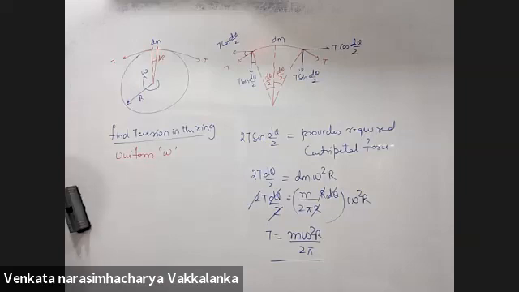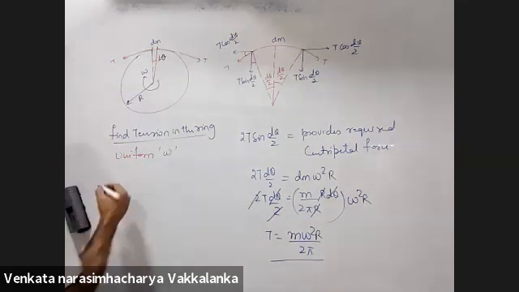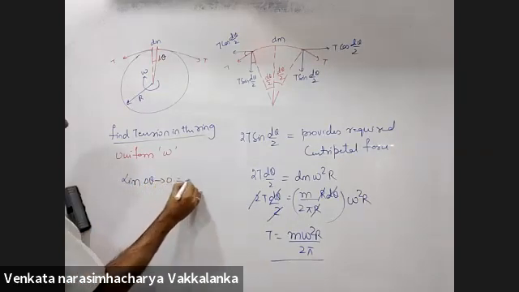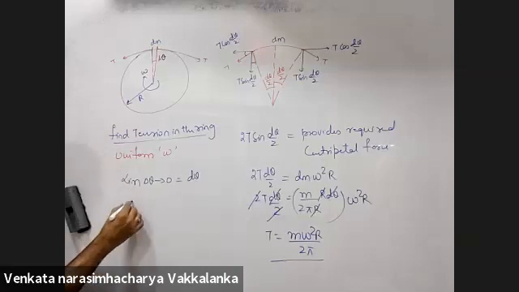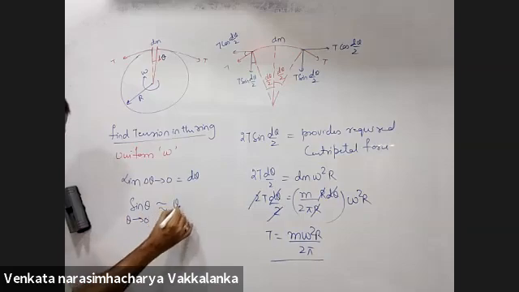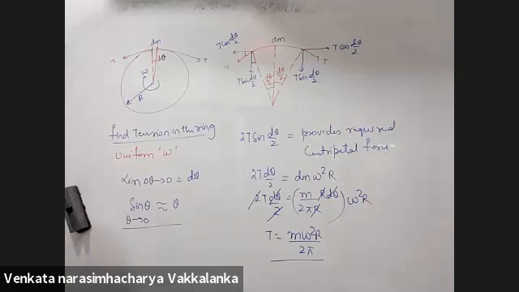And over here, sin d theta by 2 became d theta by 2 because theta is very small. D theta by definition is very small. The limit as delta theta tends to 0 is d theta, and sin theta as theta tends to 0 is equal to theta. Something which will be derived for you in mathematics under limits. So this is a standard result. This will be used very frequently in mathematics.